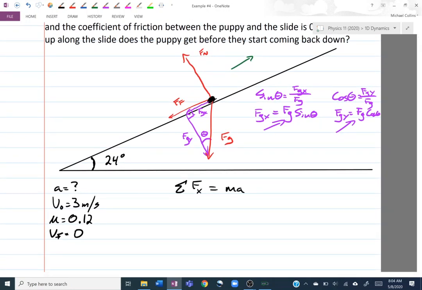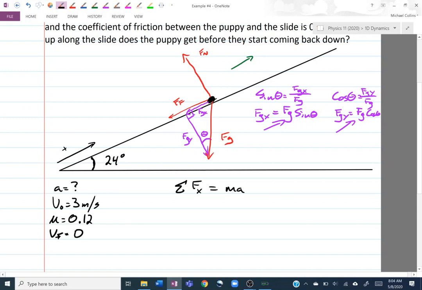Now I have to decide which direction I want to be positive and which direction I want to be negative. It's up to you. I frequently advocate that you should choose your initial direction of motion to be positive, but I sometimes advocate that the direction of acceleration should be positive. And in this case, they're both opposite directions. So let's just be consistent. Let's call my initial direction of motion positive,